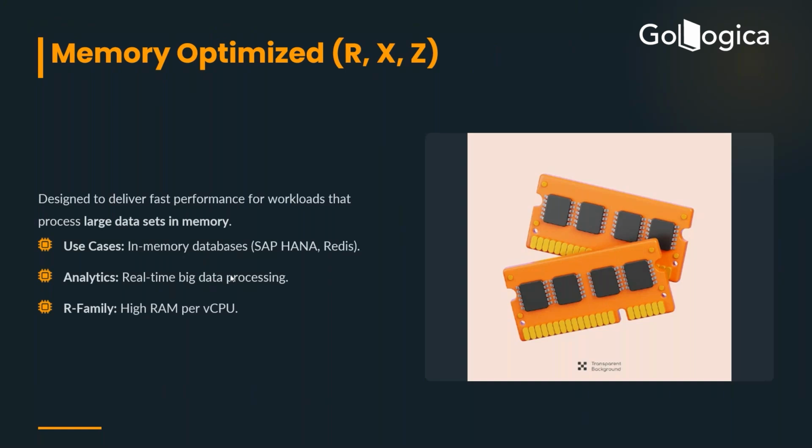Where are we actually storing the data? In AWS we have Redshift, which is the data warehouse. So where are we pulling or storing the data before processing it for all those big data analytics? We fetch data from different sources, and then we run all those ETL jobs. We clean and load that data, and then we run all those analytics on top of it. So here the R and X family...